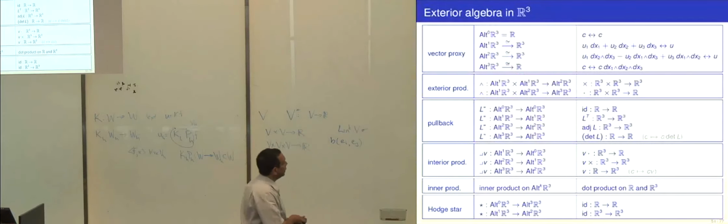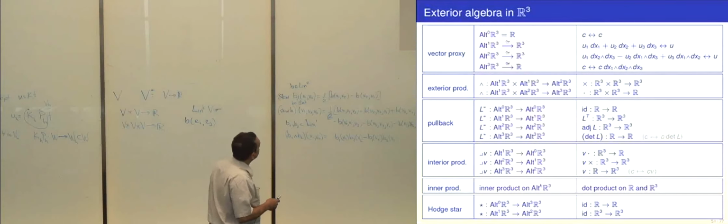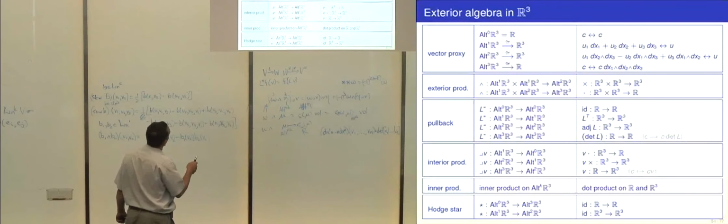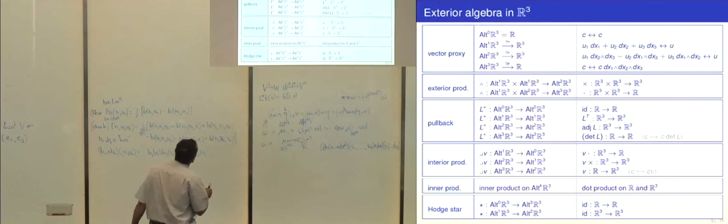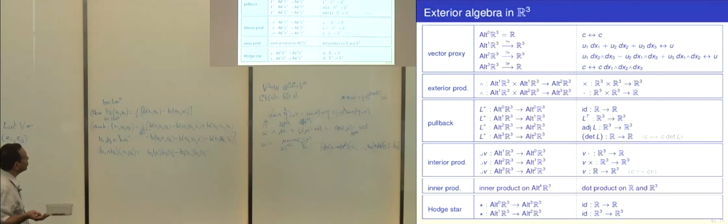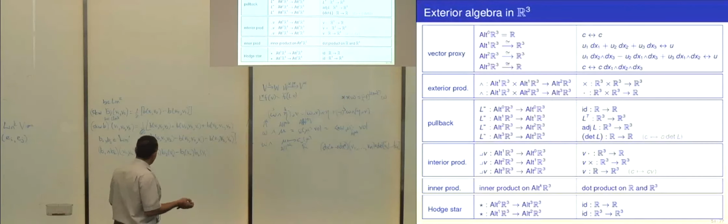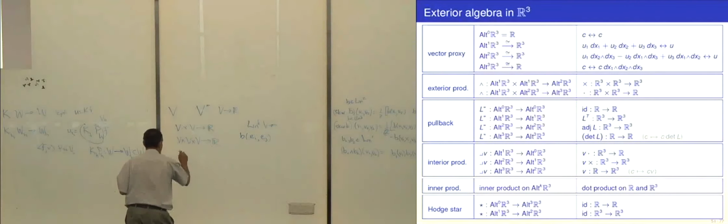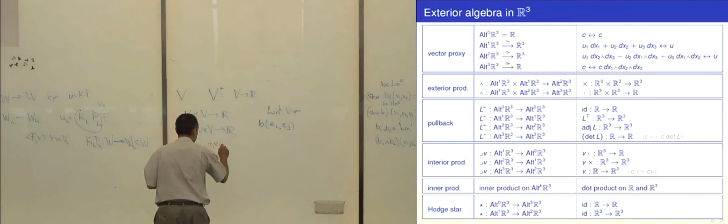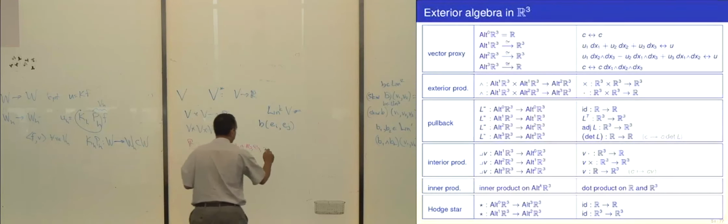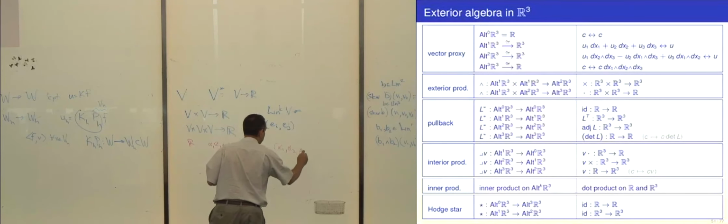And here is an orange background slide, so the special case of R3. So in R3, well, Alt^0 of any vector space is just R. Alt^1 of R3, using the fact that R3 has a preferred basis, that's covectors, that's the dual space of R3, and of course we can identify that with R3 itself. In other words, R3 is things of the form alpha 1 e1 plus alpha 2 e2 plus alpha 3 e3. In other words, the vector alpha 1, alpha 2, alpha 3.